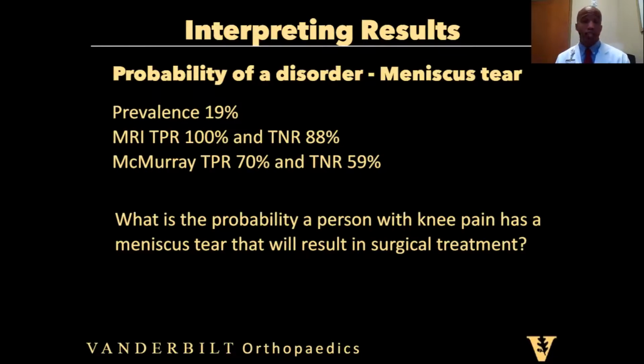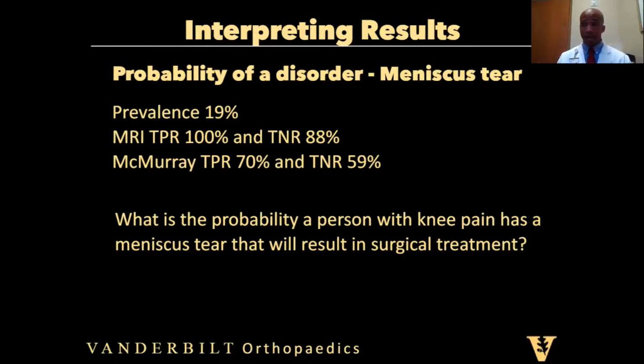We can do physical exam tests like the McMurray's to see if someone has symptoms consistent with a meniscus tear. And you may think in absolutes, that if they have an MRI that shows something, or doesn't show something, they must or must not have a meniscus tear. But we know from studies that do MRIs and then subsequently arthroscopies that the sensitivity and specificity of an MRI for meniscus tear is 100% sensitivity, or true positive rate, and an 88% specificity, or true negative rate.